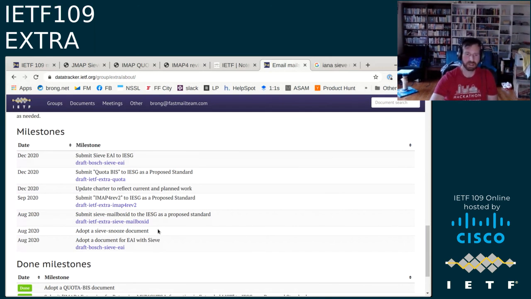I don't think we've got anything new to add there other than to adopt a document creating the Civ Actions registry. Do we have any other work that anyone wants this working group to be doing?